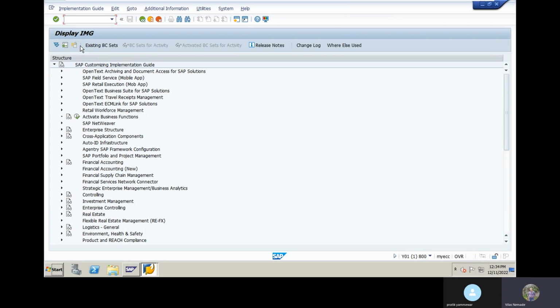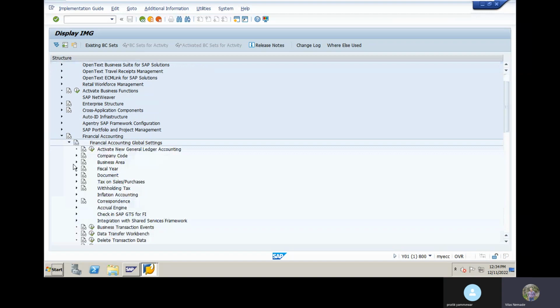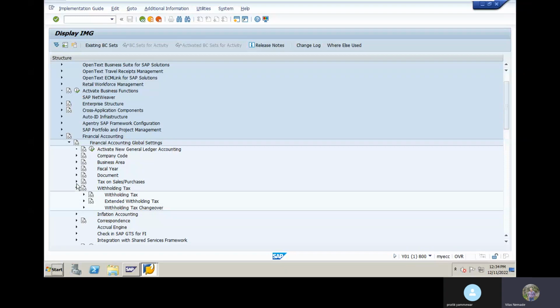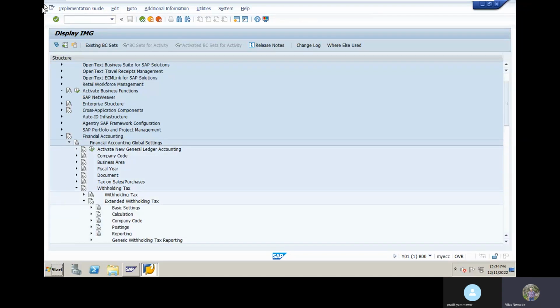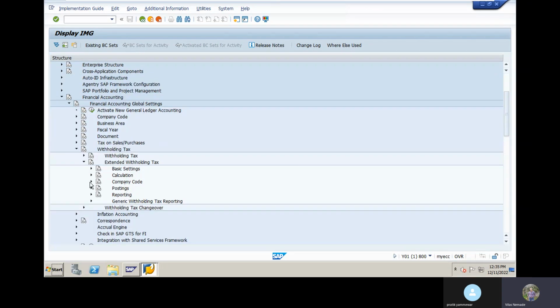Then Financial Accounting, then Financial Accounting Global Settings, then Withholding Tax, then Extended Withholding Tax, then we have the company code,